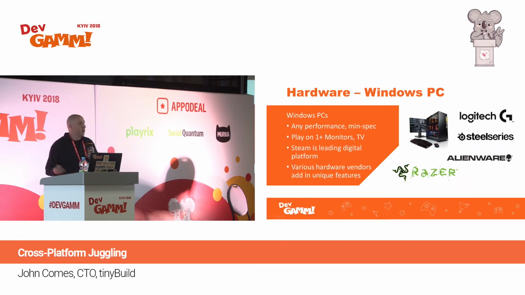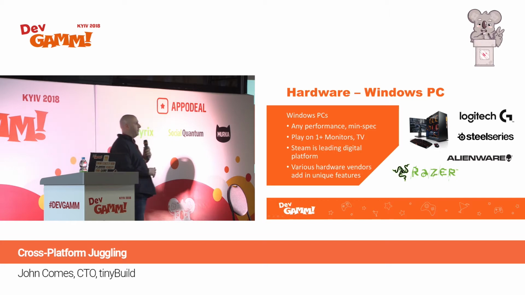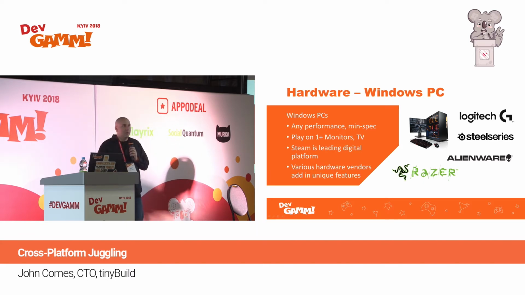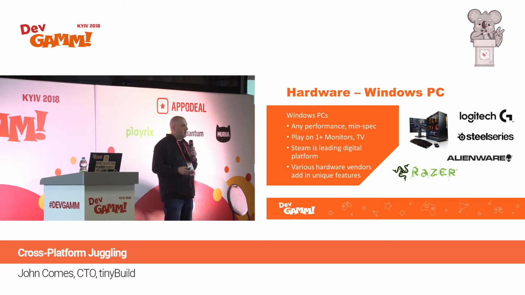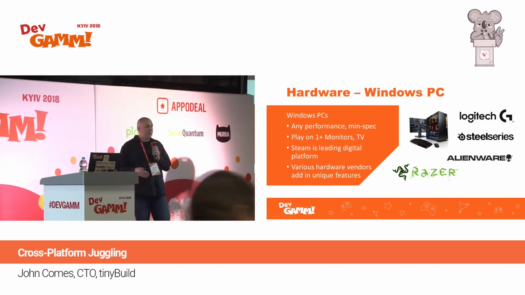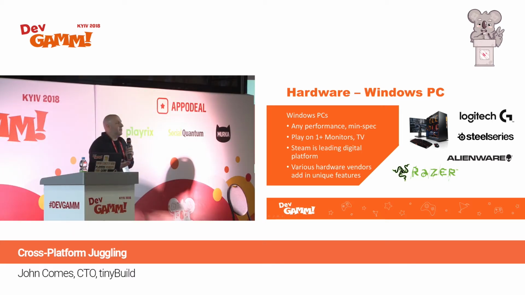The last one technically is Windows PCs. Windows PCs are kind of all over the place. They're any performance. You have no idea. Some of them are region specific. The gaming rooms in Korea tend to have weaker PCs than your hardcore gamer in Los Angeles. So you have to really think about what you want to say is your min spec, because you still want people to have a good experience on your game, but they may not have a very good computer. The number of times I've had support emails about, I'm using Intel integrated graphics on my laptop, and it's like, well, yeah, you have to think about that stuff.